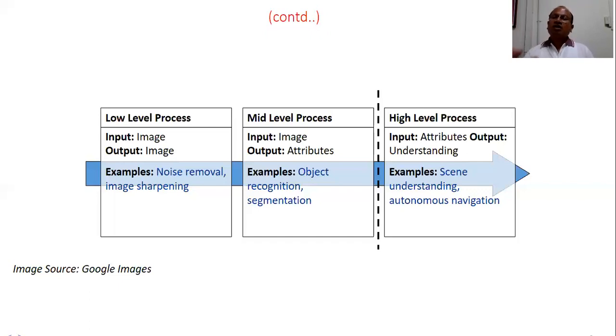operations. Like autonomous navigation. In your mobile phone, with the help of a suitable app, what do we do? We simply choose an address where we want to go. That is the destination. How does it take you? It simply navigates and takes you there. You are in your car or taxi, and it will take you to the desired destination. So it's based on the attributes which are there.